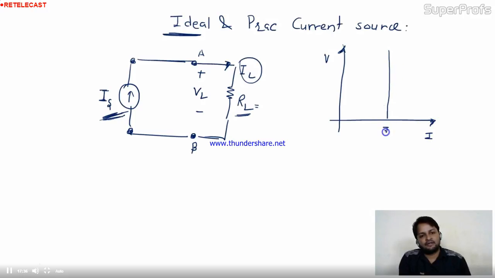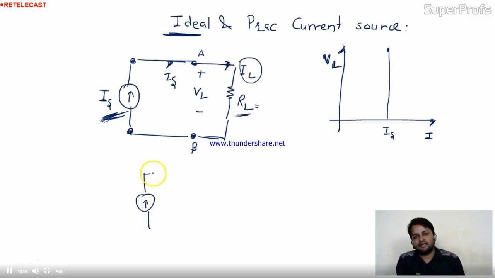That is equivalent to IS, because IS is the current in the circuit. So this current will be the same, whatever load, resistance or voltage we are taking. Like this, it will be a constant. You increase the load voltage, no matter. But in practice this is not possible, because the practical current source is given by